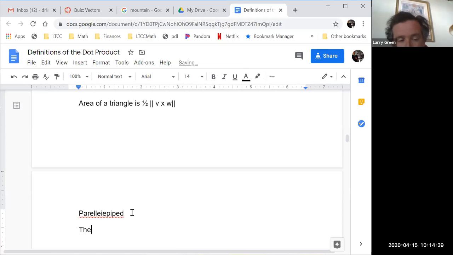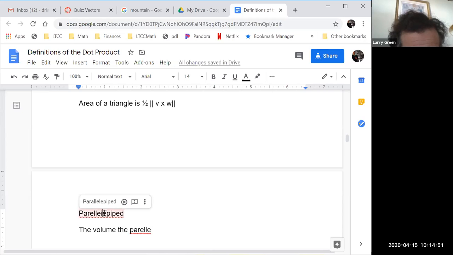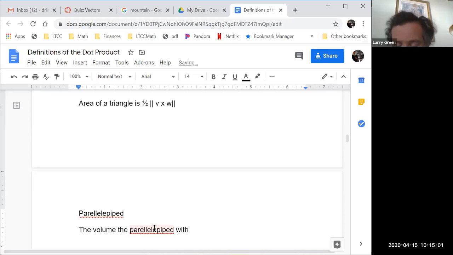And the volume of the parallelepiped with vectors U, V, and W is